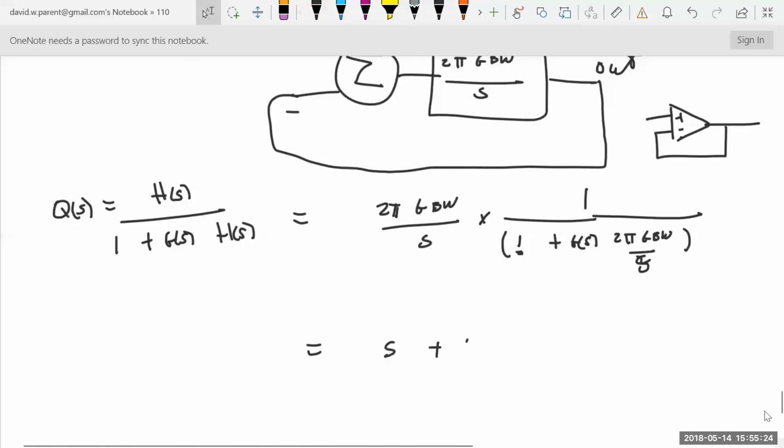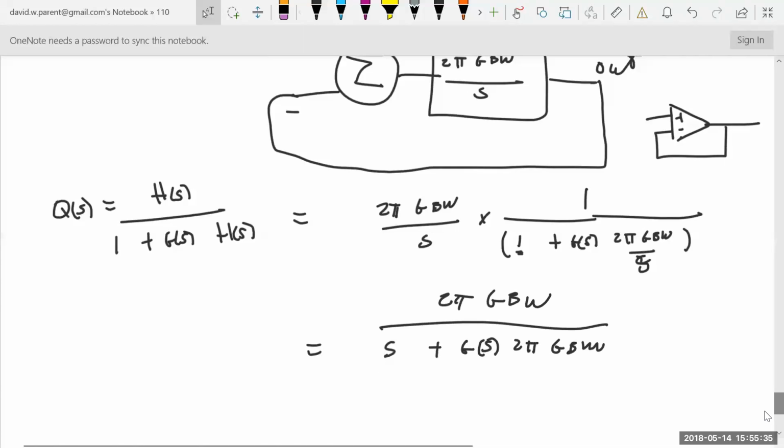So I'm going to have GS 2 pi gain bandwidth, 2 pi gain bandwidth. Now in this case, what is the transfer function back? Well, V out equals V in minus. It's 1. All right. 2 pi